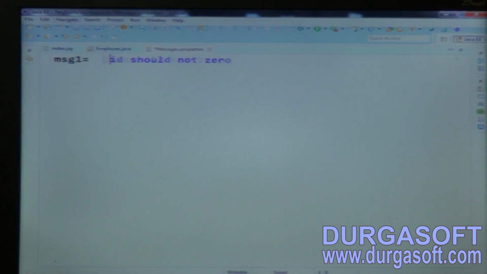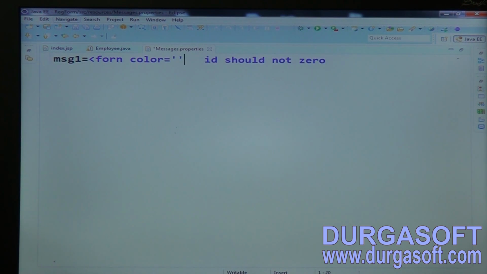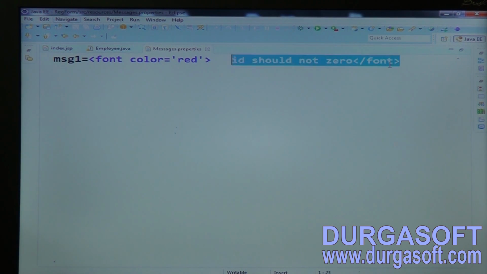And if you want to apply colors for that, you can apply font color from here. And message 2,